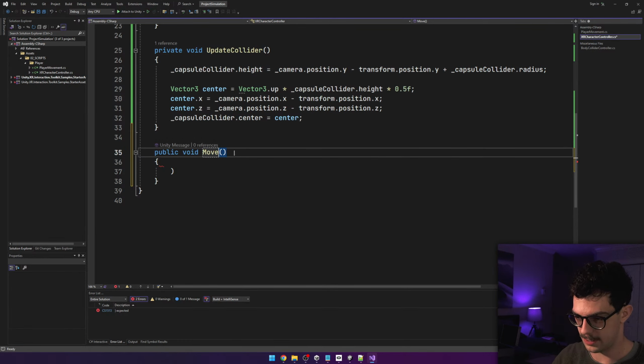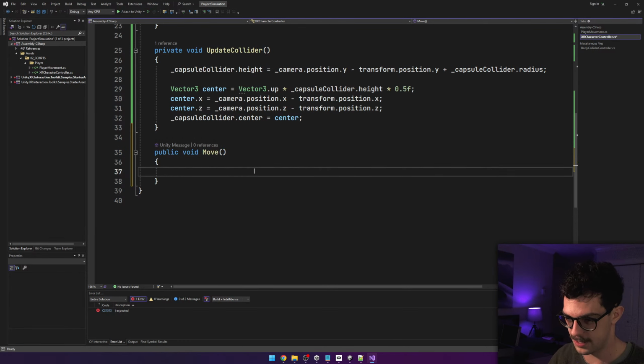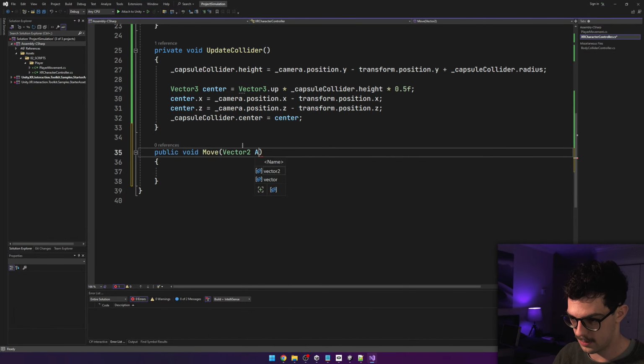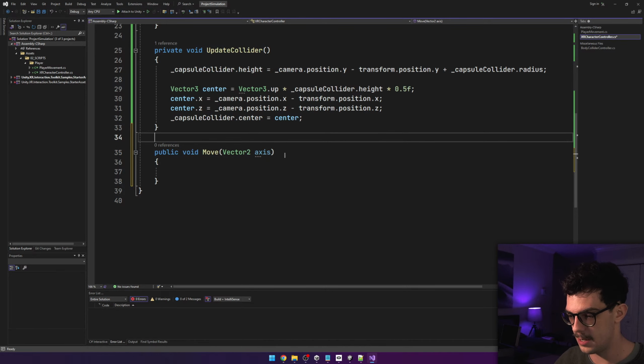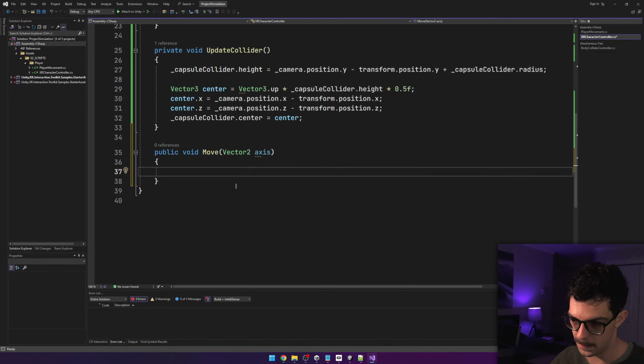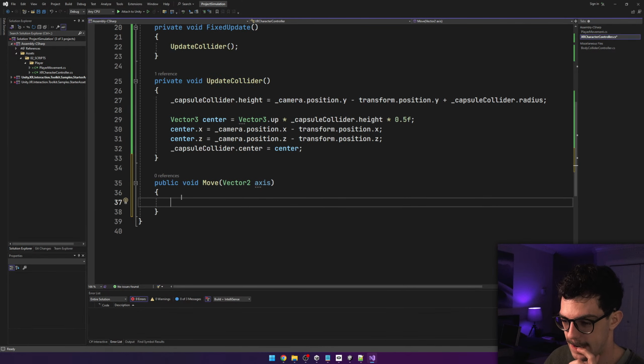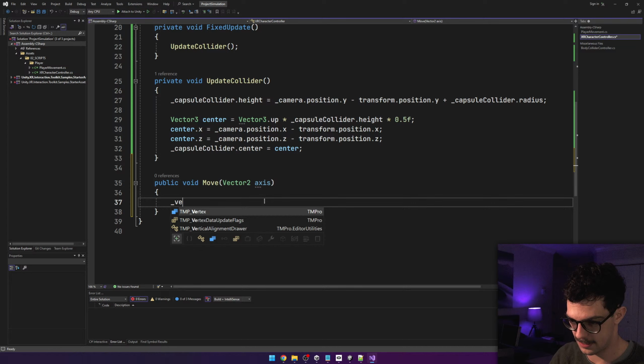What that's going to do is we're going to input the axis, which should be 0 to 1 in any given direction. We have the rigid body, right? Yeah, we're going to have the rigid body, and we're going to set